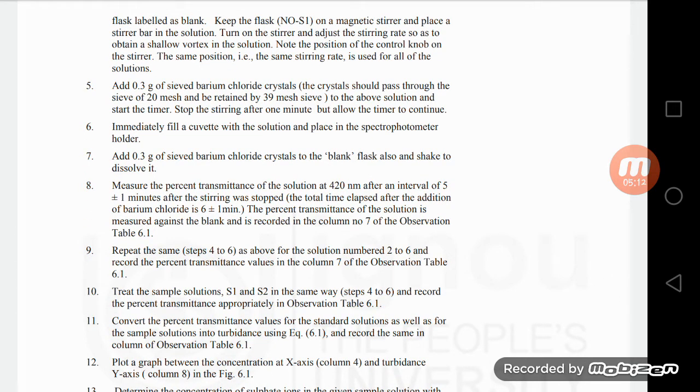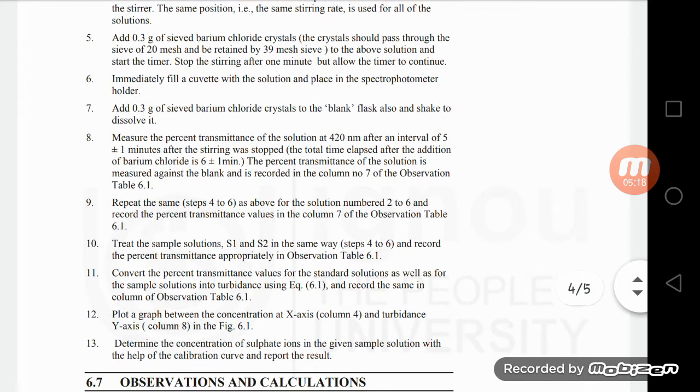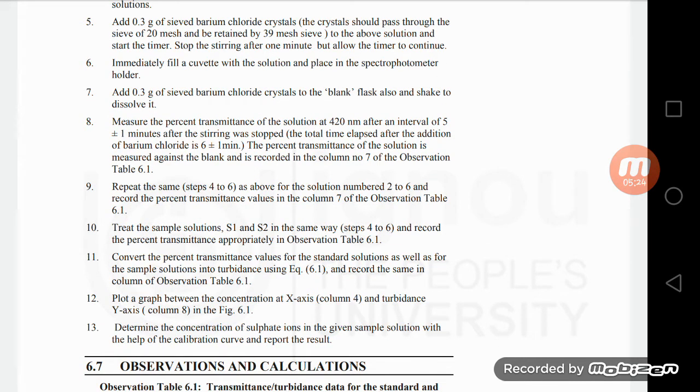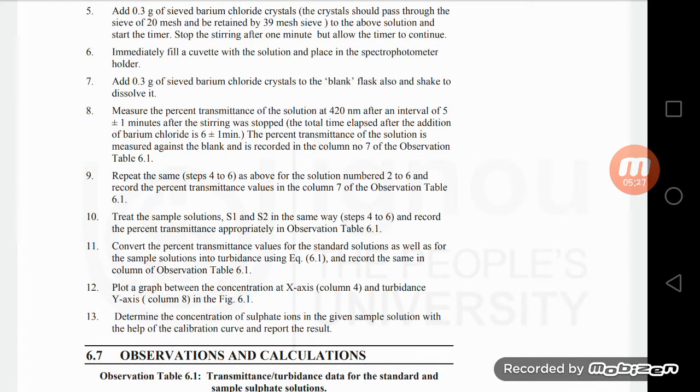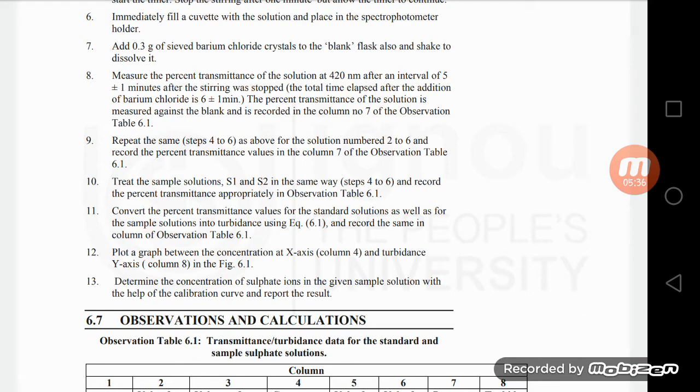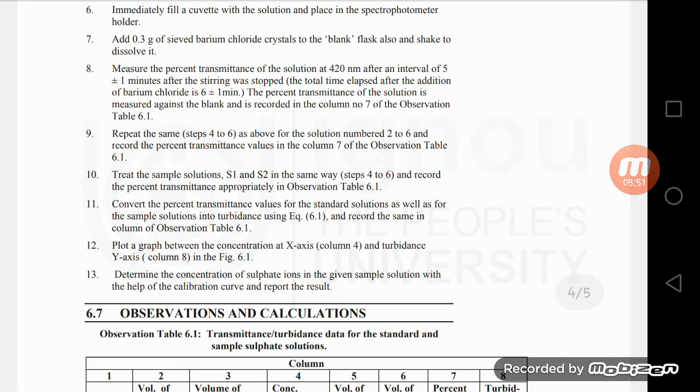Add 0.3 gram of sieved barium chloride crystals to the above solution and start the timer. Stop the stirrer after 1 minute but allow the timer to continue. Immediately fill a cuvette with the solution and place it in the spectrometer holder. Add 0.3 gram of sieved barium chloride crystals to the blank flask also and shake to dissolve it. Measure the percentage transmittance of the solution at 420 nanometers after an interval of 5 plus or minus 1 minute after the stirring was stopped. The percentage transmittance of the solution is measured against the blank